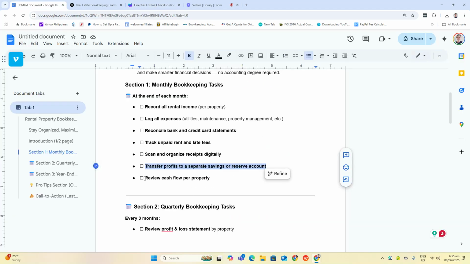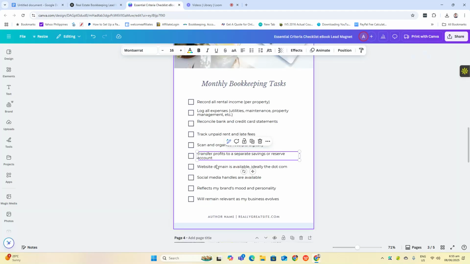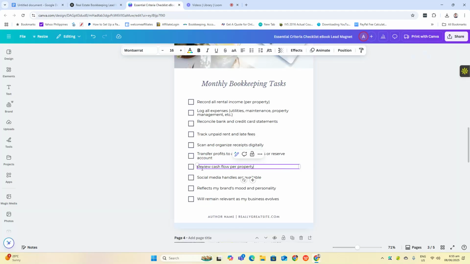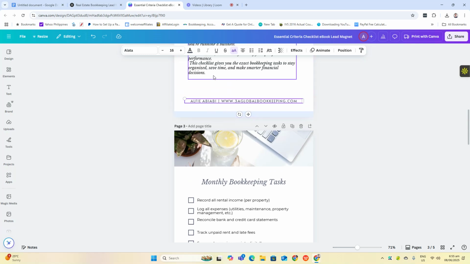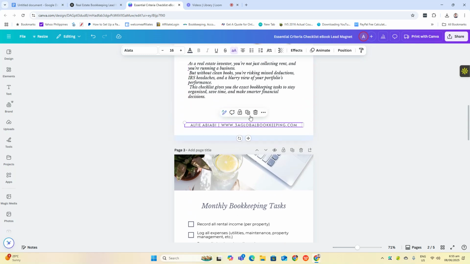While creating your lead magnet, you're also learning more about your market, right? Okay. So for here, I'm going to copy this one.